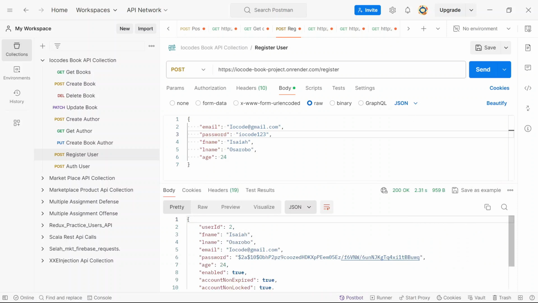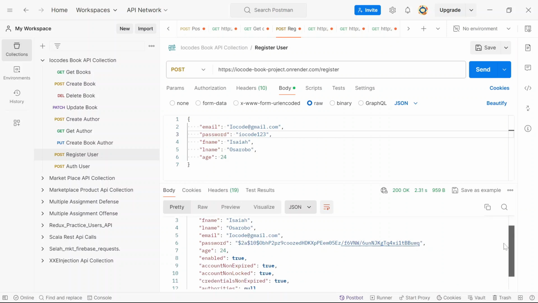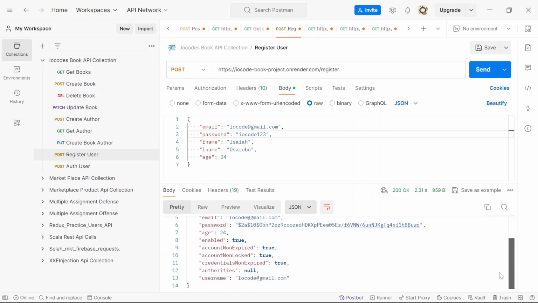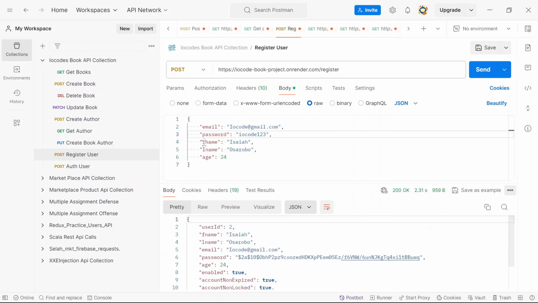So yeah, we have the details of the user. Okay, so this basically it has returned, and we have a 200. Okay, and yes, we successfully deployed. Now I want to authenticate with these credentials I've provided,